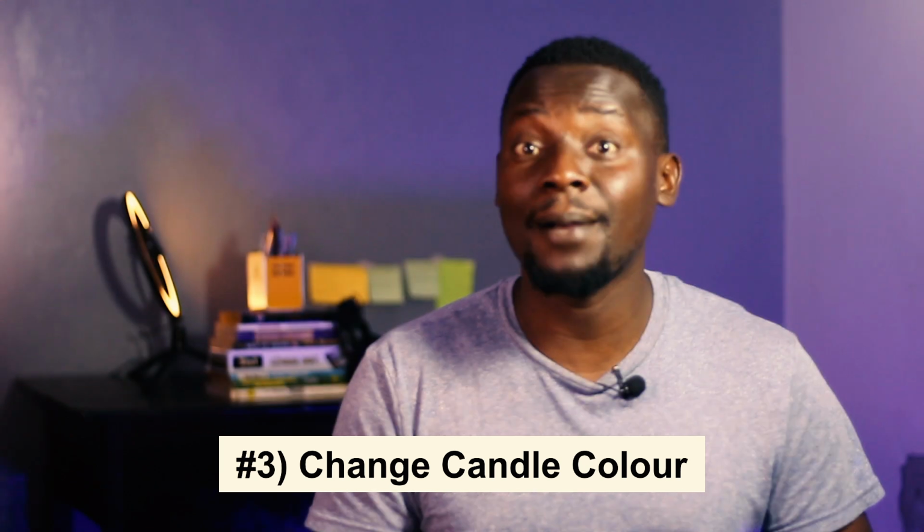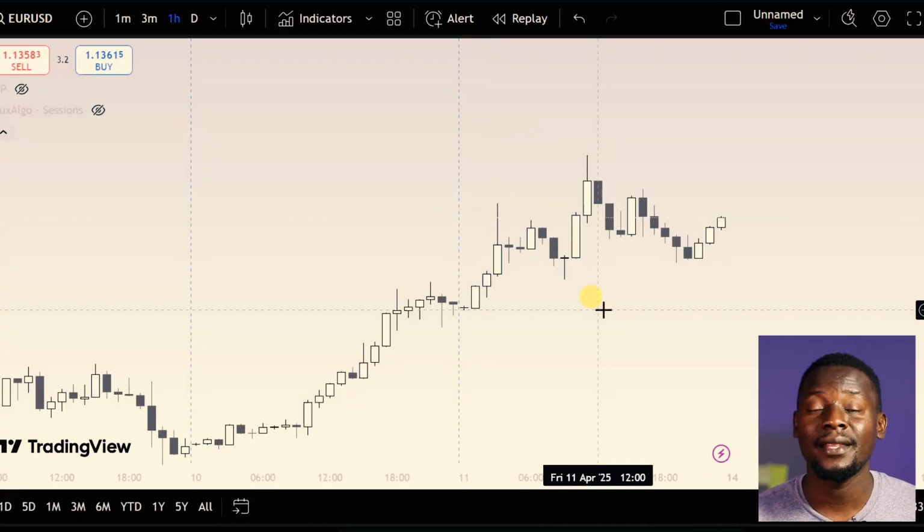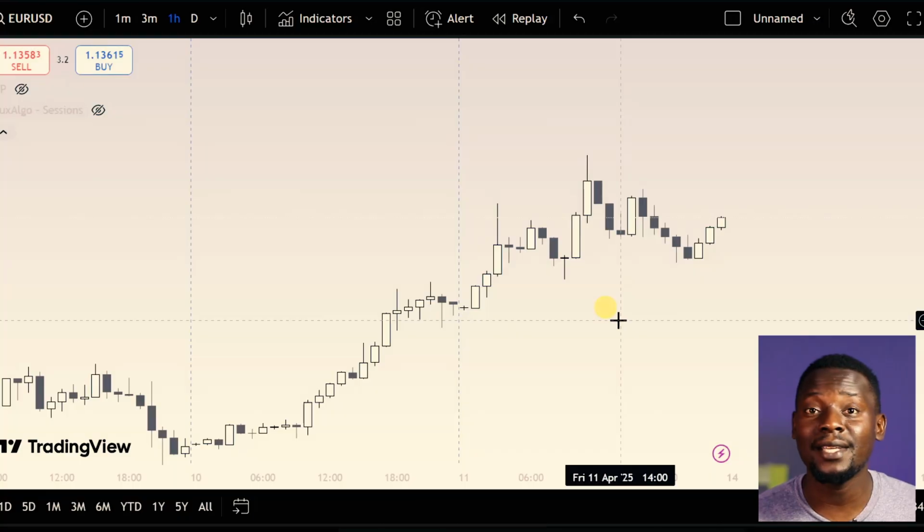Then the last setting, which I believe is the most important setting amongst all these that I've shared, is the changing of the color of your candles. Now, I wish every trader knew this particular setting because it's a very important one. For me, I must say it's one of the reasons I became a profitable trader, because once I changed the